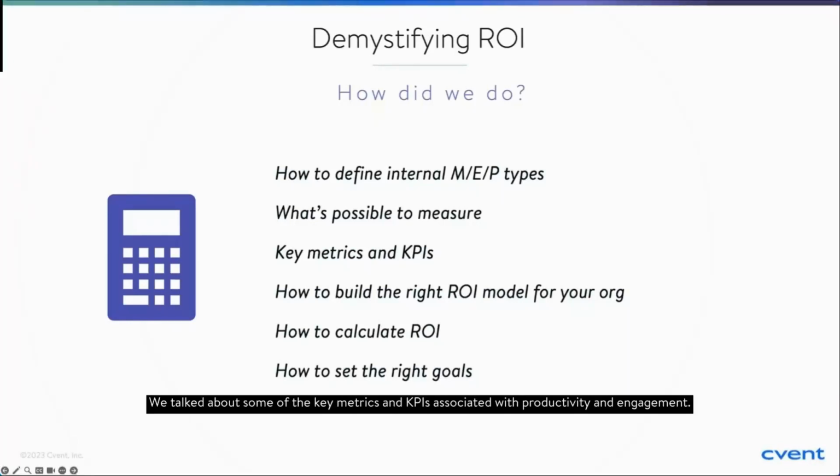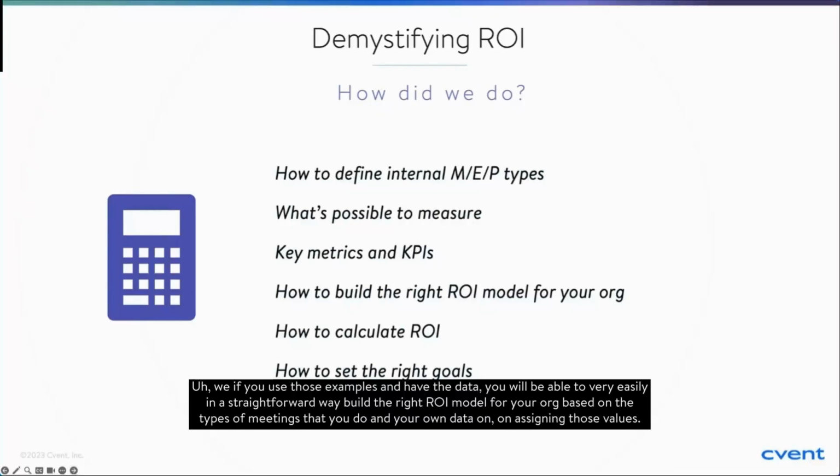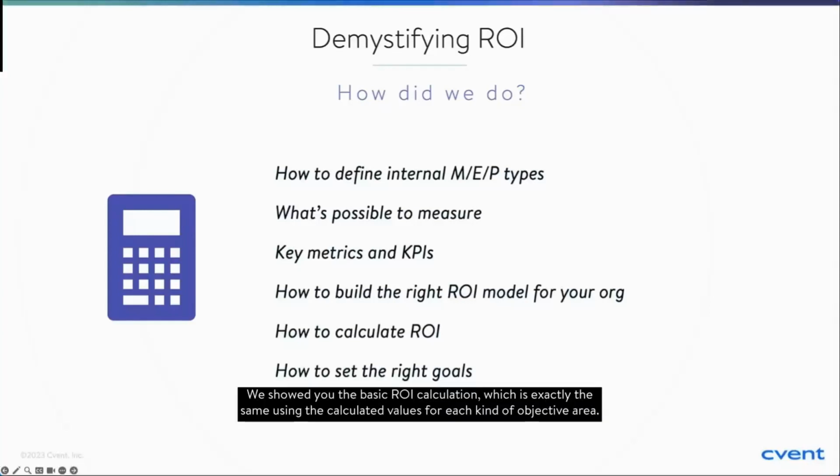We talked about some of the key metrics and KPIs associated with productivity and engagement. If you use those examples and have the data, you will be able to very easily, in a straightforward way, build the right ROI model for your org based on the types of meetings that you do and your own data on assigning those values. We showed you the basic ROI calculation, which is exactly the same using the calculated values for each kind of